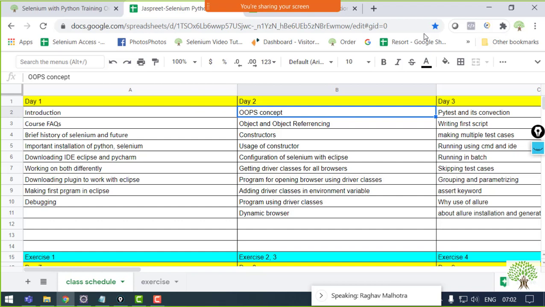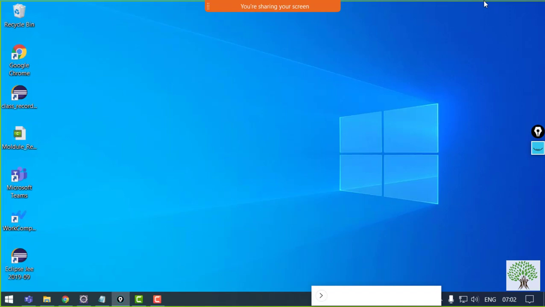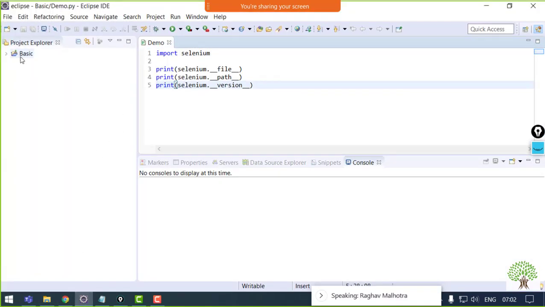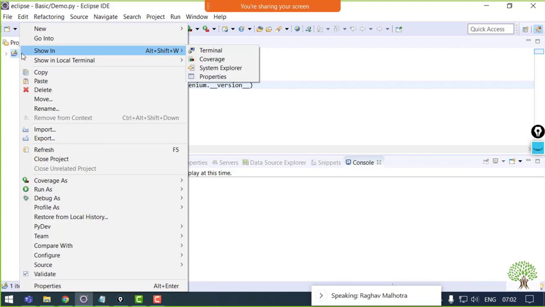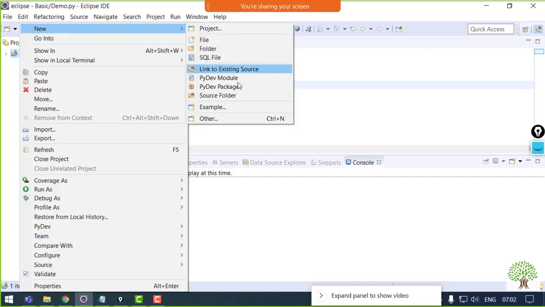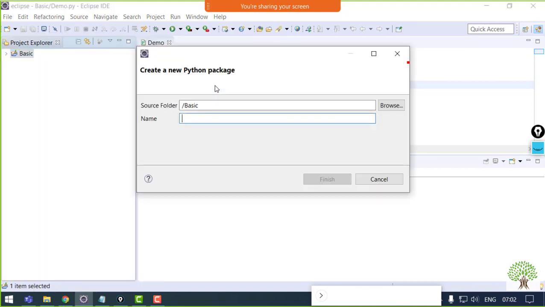Yeah. So just to start with object-oriented programming, I'll do a simple thing: I'll make a package over here in my project, and inside it I'll make the module.